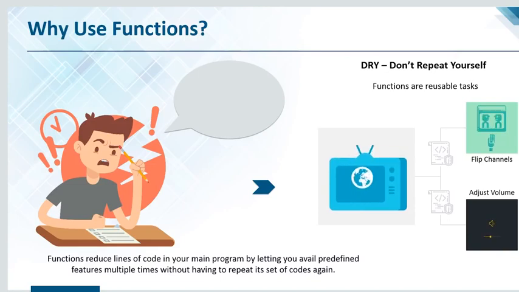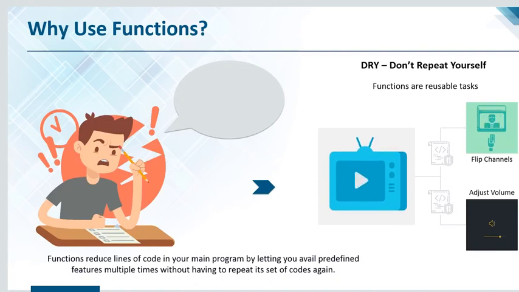Consider this easy example, right? Every time you turn on or turn off your television, there are certain functions built in, right? As soon as you flip the channels or adjust the volume, there isn't anyone in the backend writing a code at every point of time to adjust the volume or flip the channels for you. There is a particular code which repeats itself and doesn't create any new instances when you adjust the volume or flip the channels, correct? So this is again very good efficiency.